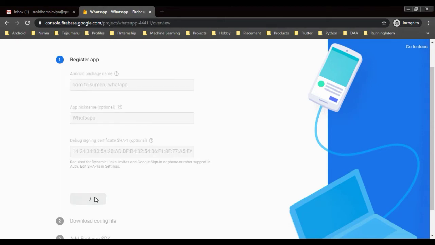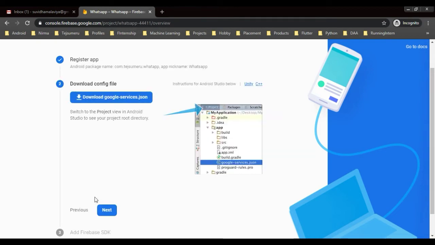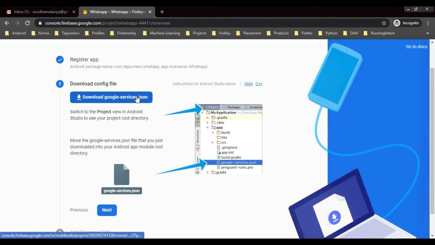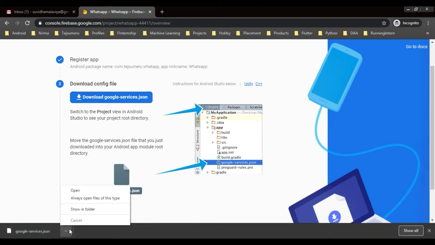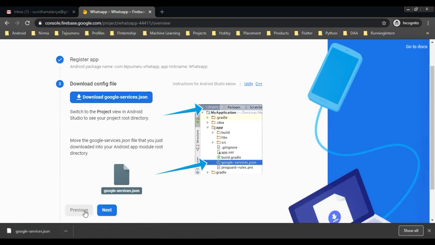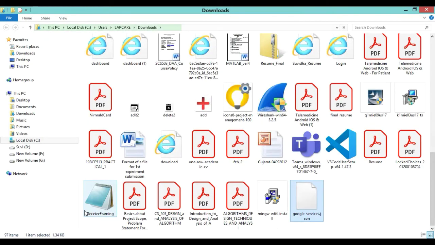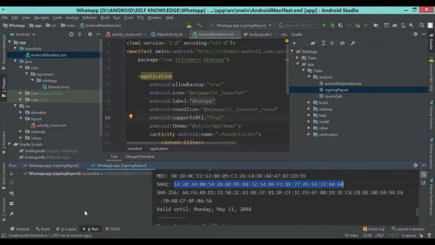Now it gives us the configuration file that contains some JSON data. We have to download this file. Now we have to copy this file and put it into our Android project at app level.